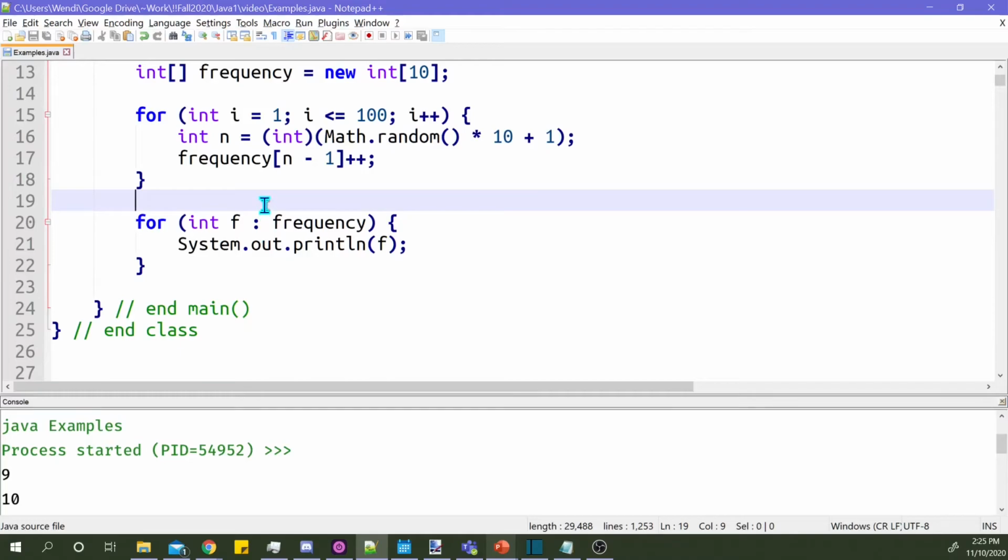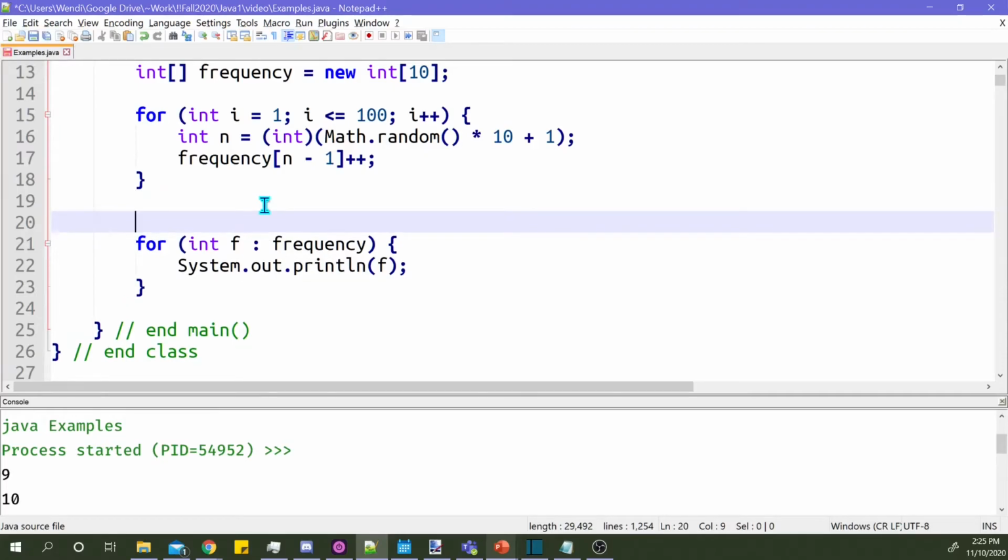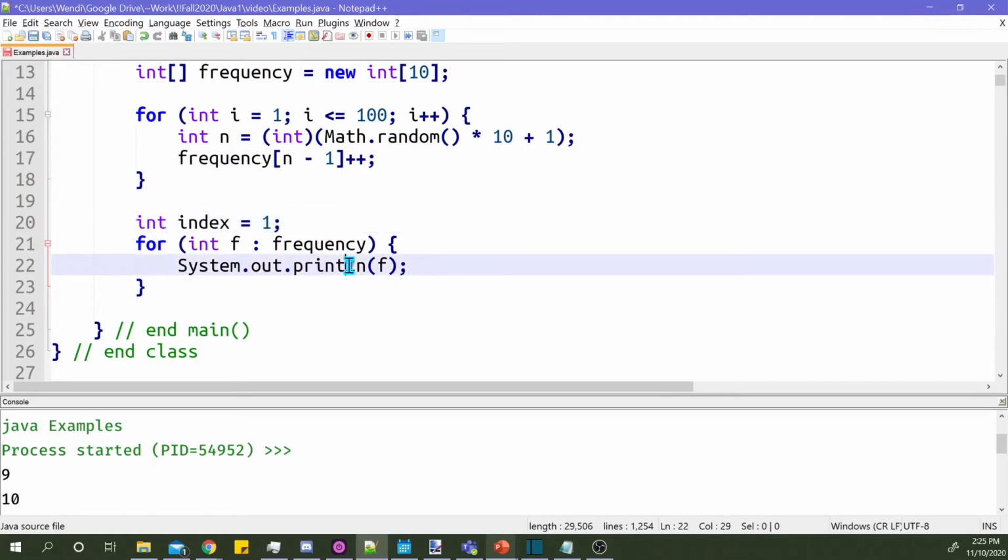So it is more efficient to use a for each loop even if you have to add a counter. A lot of people say, oh, as soon as I need a counter, I'm going to use a regular counted for loop. Nope, it still is more efficient. So if I create a variable index equals, and I can initialize it to 1 because I'm not actually using it as an index. What I'm going to do is use it to say like the 1s, the 2s, the